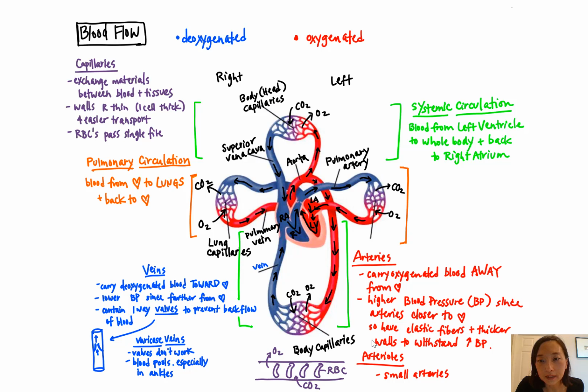Okay, so that's all part of systemic circulation because you're dropping off oxygen at all the different systems of the body, and then you're returning deoxygenated blood from both the head through the superior vena cava and the lower extremities, the inferior vena cava, and then you return back to the right atrium. Okay, and I think that's all. Just note that the capillaries are the third type of blood vessel where actual exchange occurs between blood and the tissues. No exchange occurs in the veins or the arteries. They're just highways. And as I mentioned before, the walls of capillaries are very thin for easier transport, and red blood cells pass through single